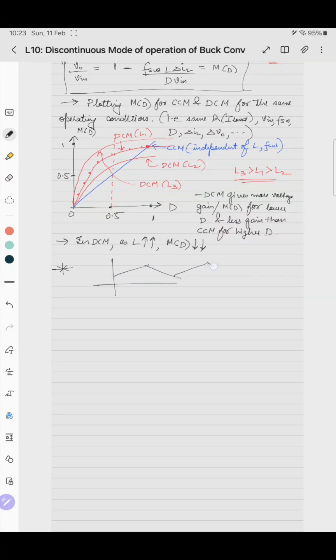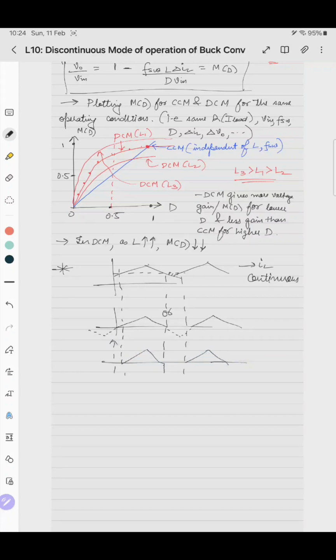this was the IL for continuous conduction mode. Now IL for discontinuous, the waveform gets clipped off. So it is somewhat of this nature. Or what you can write is, if you clip this portion, then you will get the waveform like this. It is clipped here. So what happens is that as this portion is clipped off,